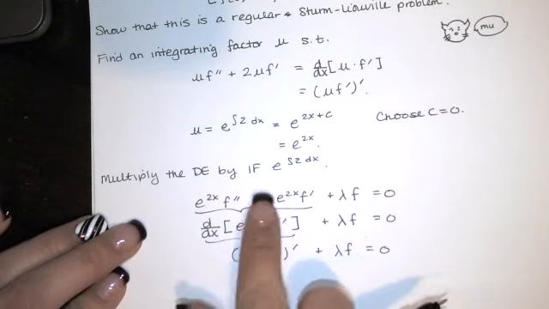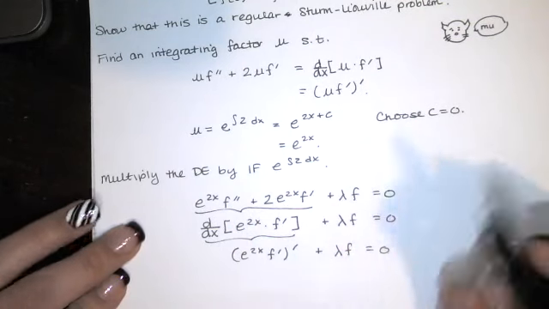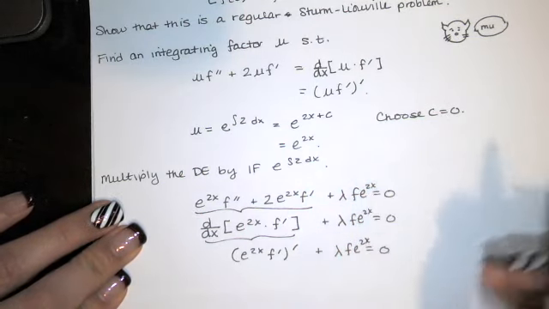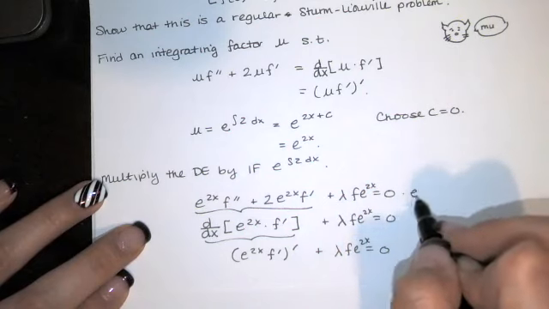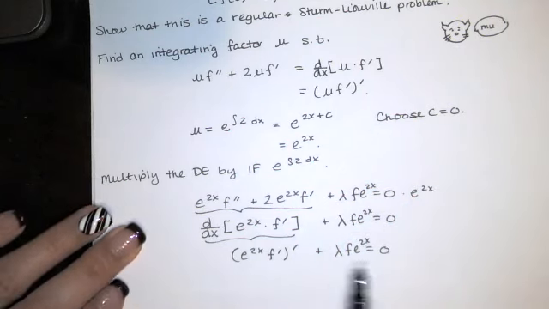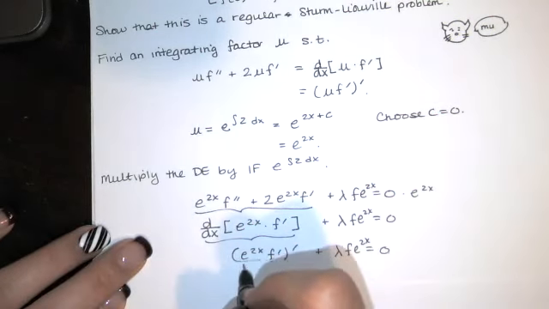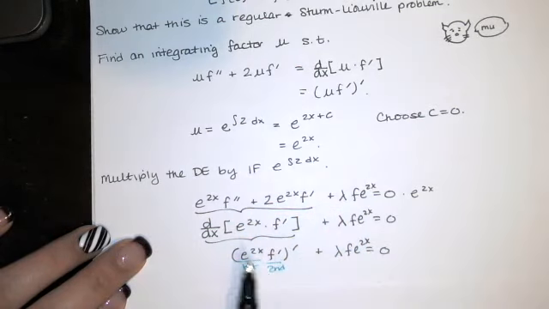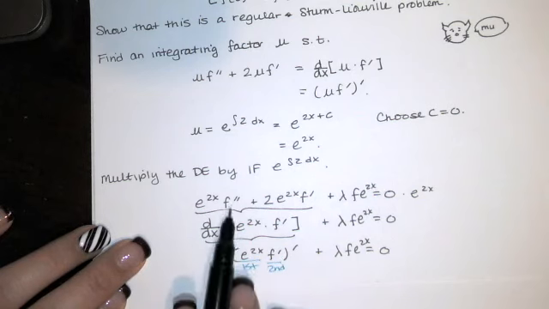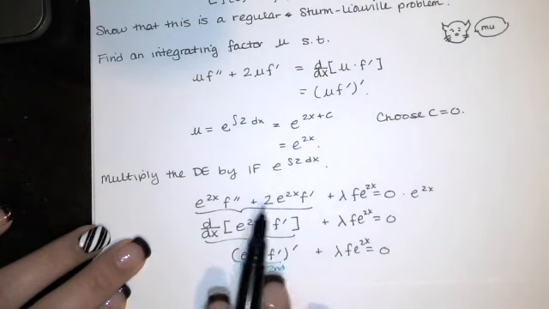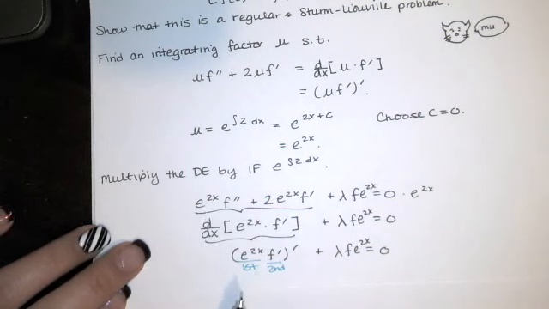So if I multiply the differential equation by this integrating factor, I get this. Make sure you multiply every term in the differential equation by the e to the 2x. Of course, e to the 2x times 0 is just 0. So we end up here. And now let's check it out, make sure that that's satisfied, Calc 1 style. Have the first times the derivative of the second, that's right there, plus the second times the derivative of the first. Derivative of e to the 2x is e to the 2x times the derivative of the inside, which is a 2. So just using the product rule,